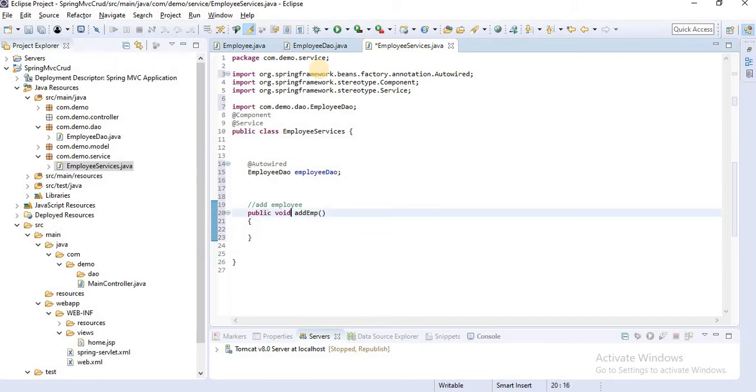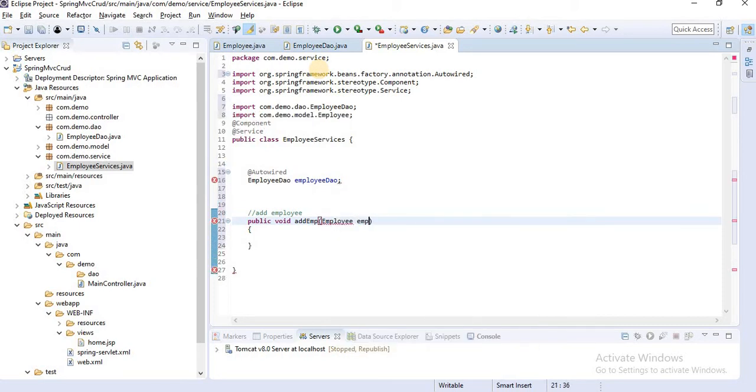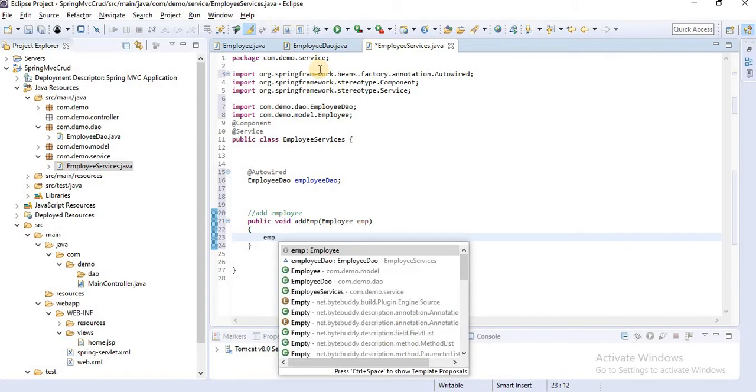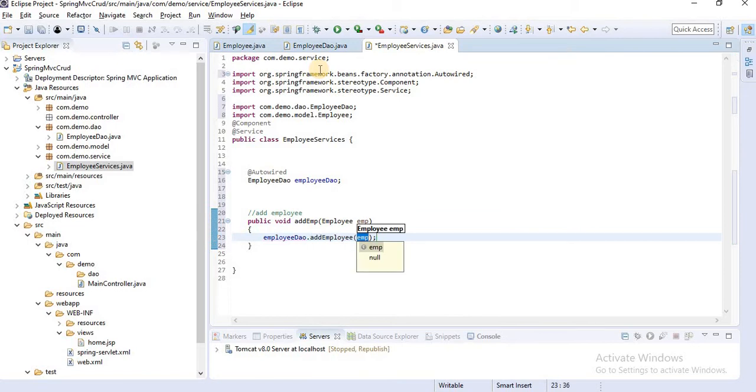Here we pass the employee object, Employee emp, and here we use employeeDAO.addEmployee and pass that particular employee object.